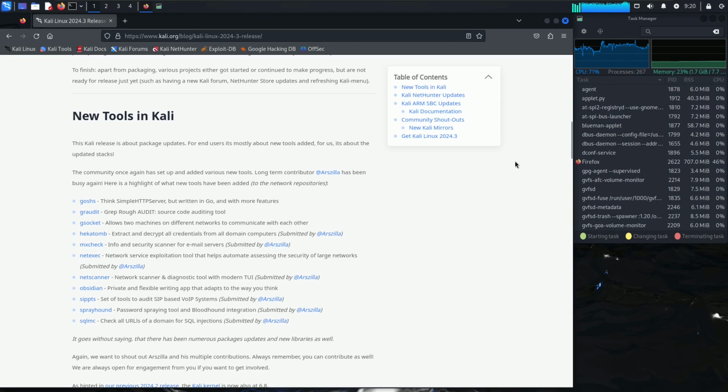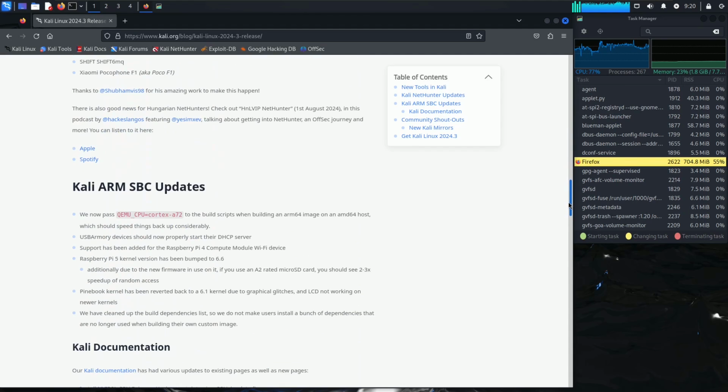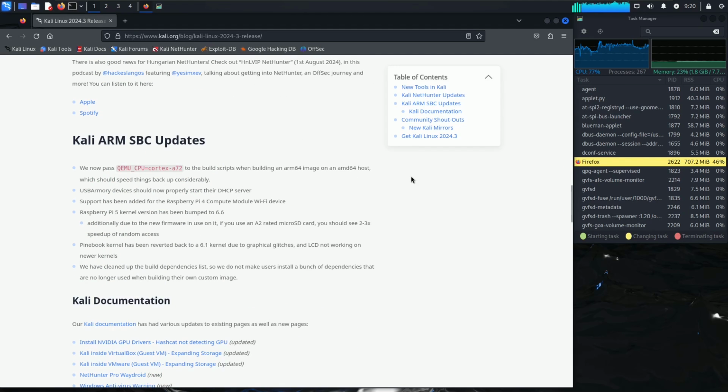And now let's talk about Kali Linux ARM or the Kali ARM. So let me go to the Kali ARM. So here is the Kali ARM SBC updates. Kali ARM has updated with support for the Raspberry Pi 4 compute module Wi-Fi device, and Linux kernel 6.6 LTS kernel support for Raspberry Pi 5, and also proper DHCP server support for USB Armory devices, and improved Pinebook support by reverting to the Linux kernel 6.1 LTS, and updated scripts with the QEMU CPU.